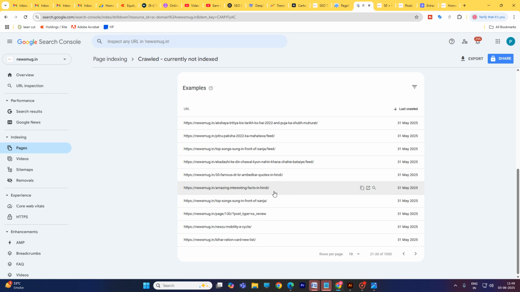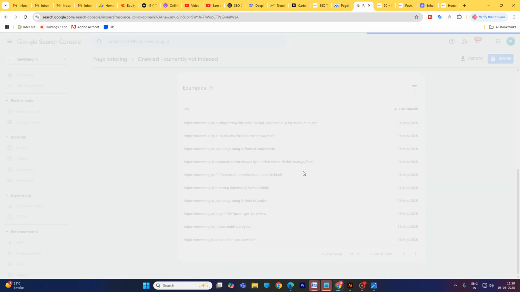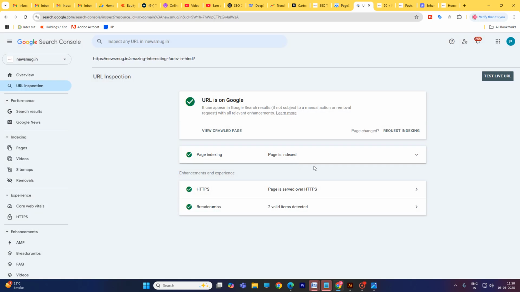Yesterday I solved this error for this URL, which was crawled currently not indexed, but right now it is indexed. Yesterday I used my technique to solve this error.